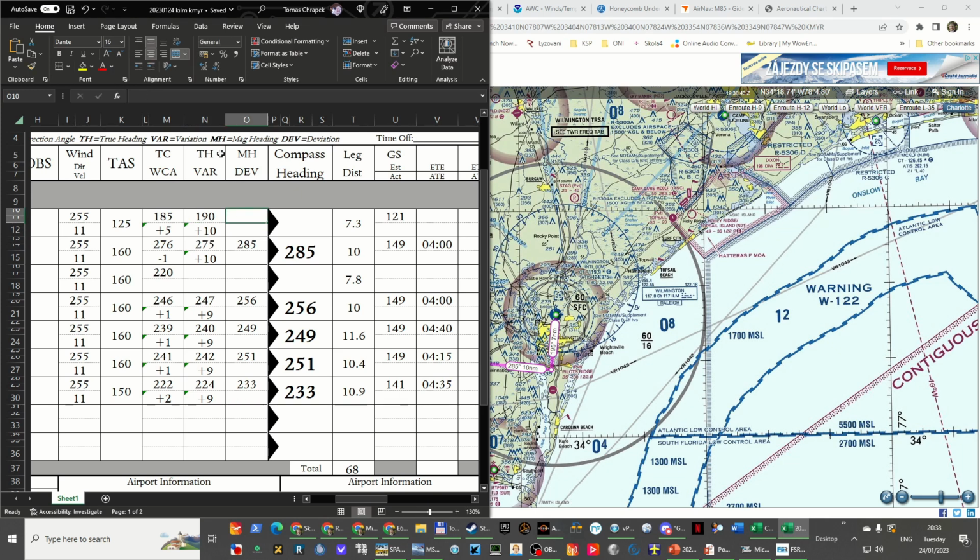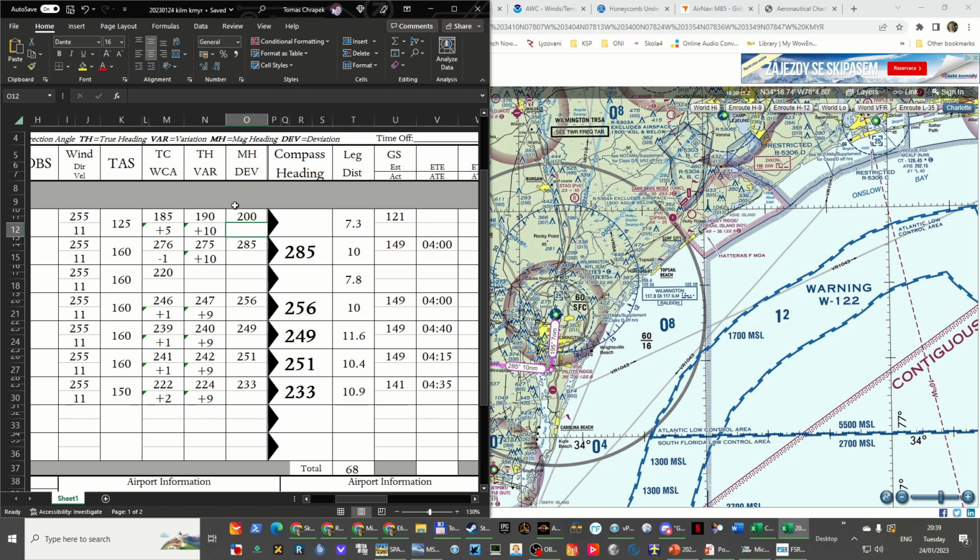And then if I know my true heading and variation, I know that the magnetic heading is 200. Now, DEV is deviation, magnetic deviation, and this is the magnetic deviation that you find on your compass card. I don't have any compass card in my model of the aircraft, so I will just consider this to be 0. But for example, I know that the Cessna 172 has a little compass card under the magnetic compass, and